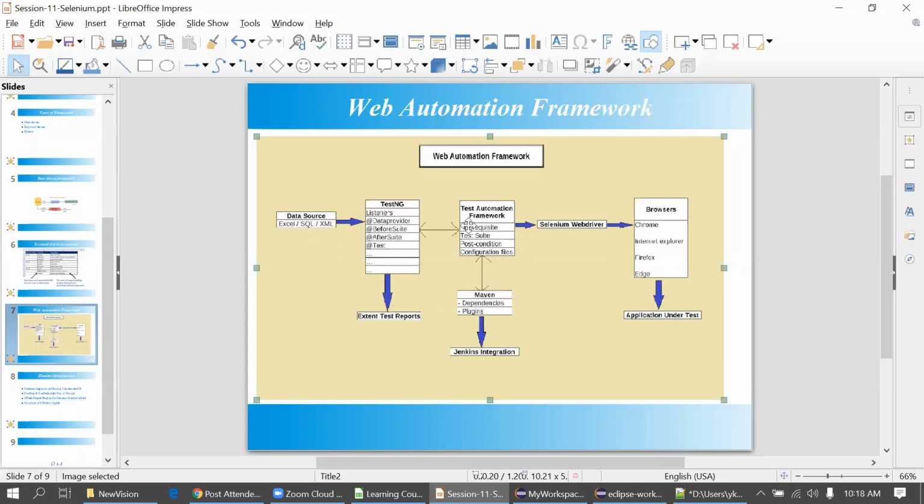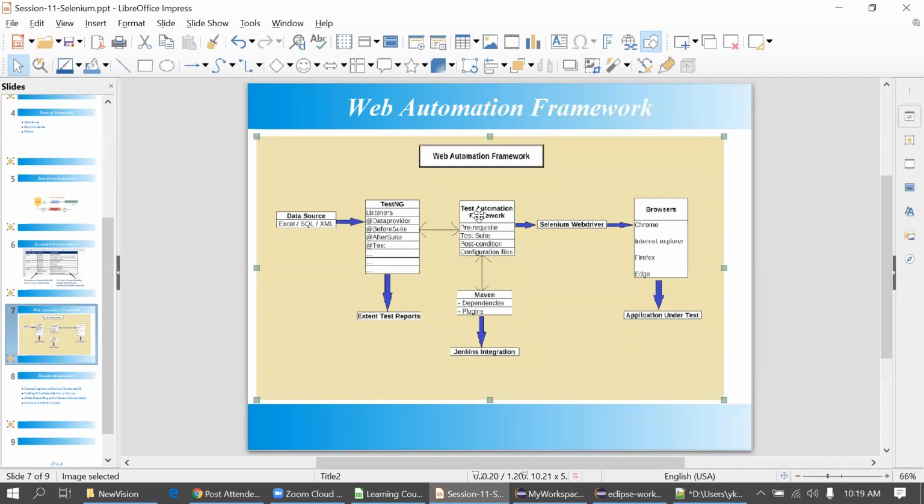And there will be some configuration file. Configuration file means what? Suppose you want to execute the test case with a different browser, we will simply provide a facility to provide the browser name, and based on that browser name, our test script will run on that particular browser. Again, if you want to execute our framework with a different URL, with a different application, that also we can configure. Again, I will show you in practical. At one place, we can just provide the URL, and only that URL will be invoked while executing the test case. So all the things are covered in this test automation framework part.